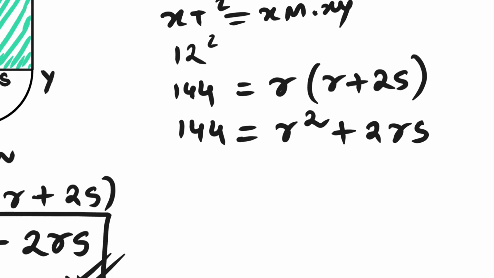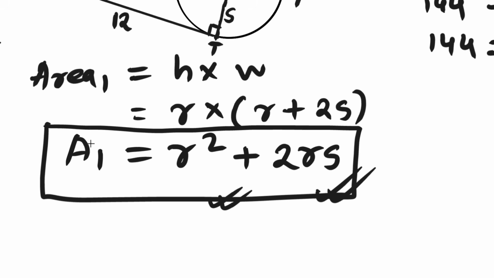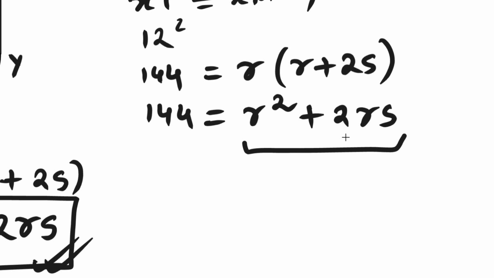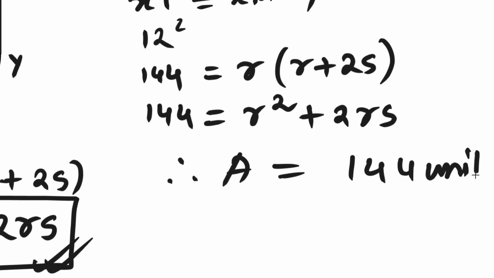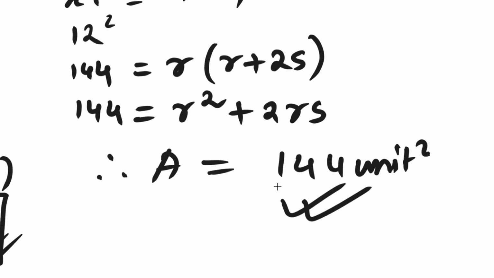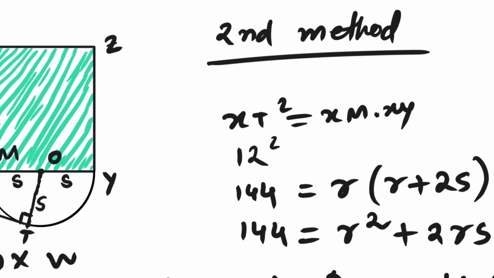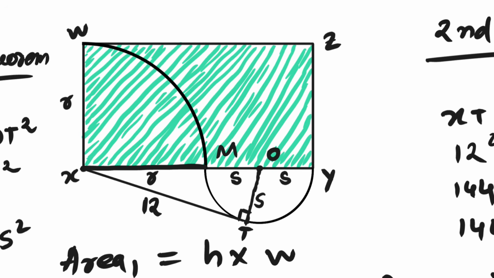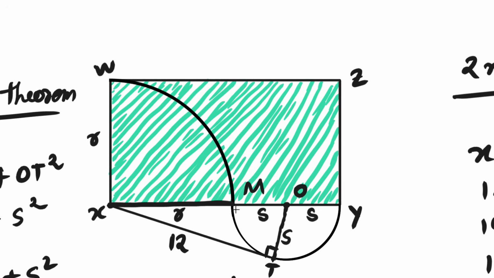But notice again that r squared plus 2rs is exactly the expression we obtained for the area of the rectangle. Since area equals r squared plus 2rs, and r squared plus 2rs equals 144, the area must again be 144 square units. Both methods lead to exactly the same result, which is always a good sign that our work is correct. So, the final answer is